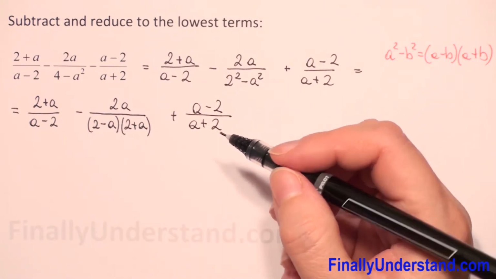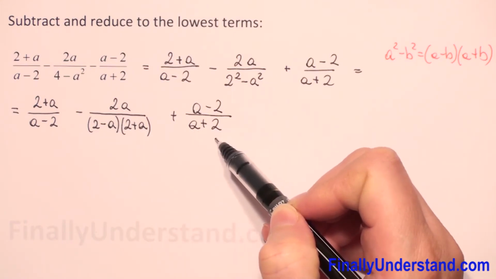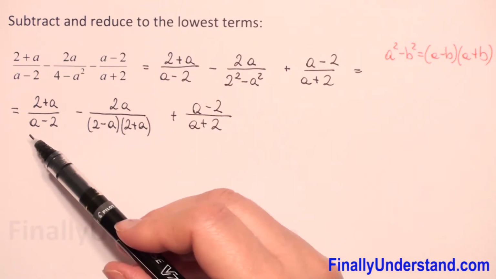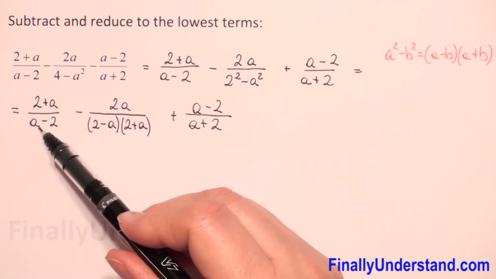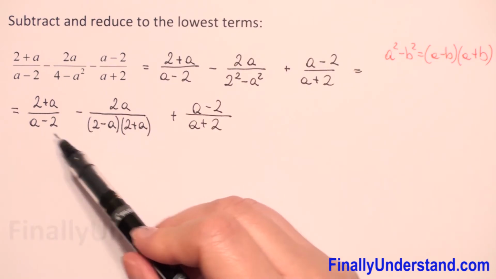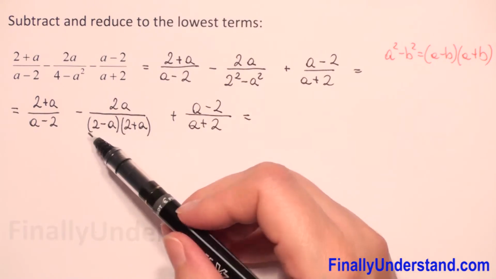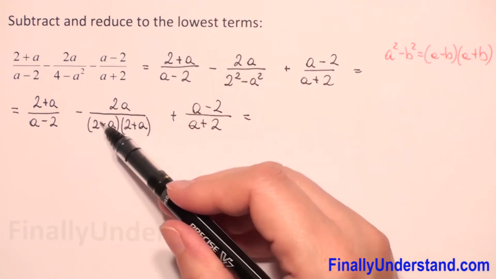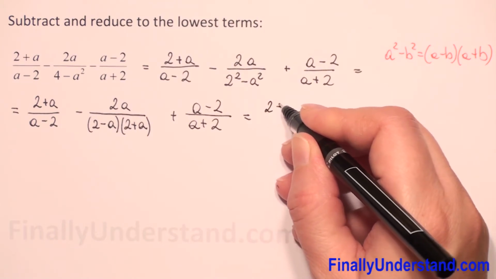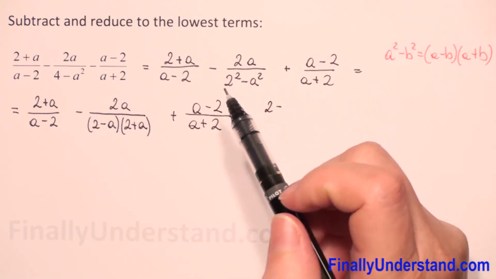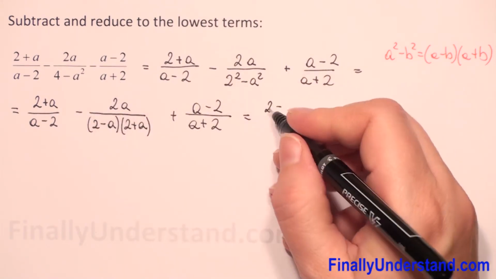Now let's see what we have here. We have 2 plus a and a plus 2, which is the same, and we have 2 minus a and a minus 2. So if we factor out a negative sign, we will get the same expression in parentheses. So we can factor negative 1 from this term. The first fraction we will copy, and we can always change the order because we always put the variable first. So it will be a